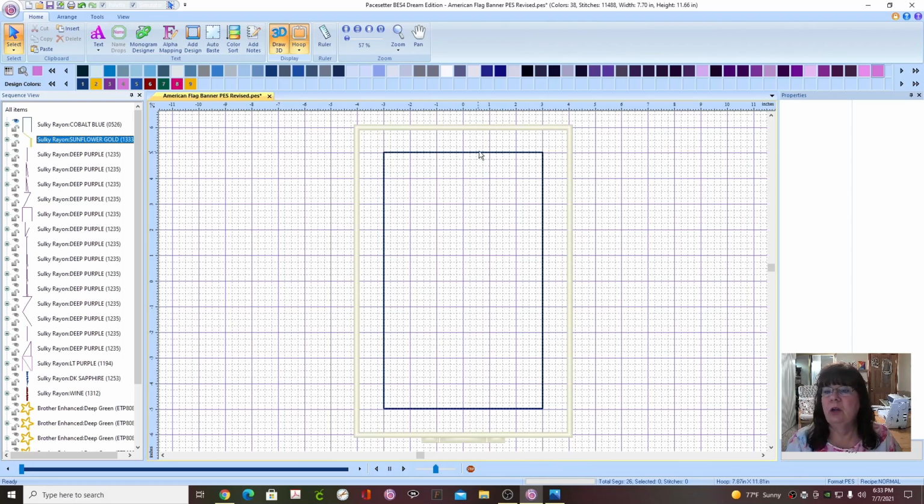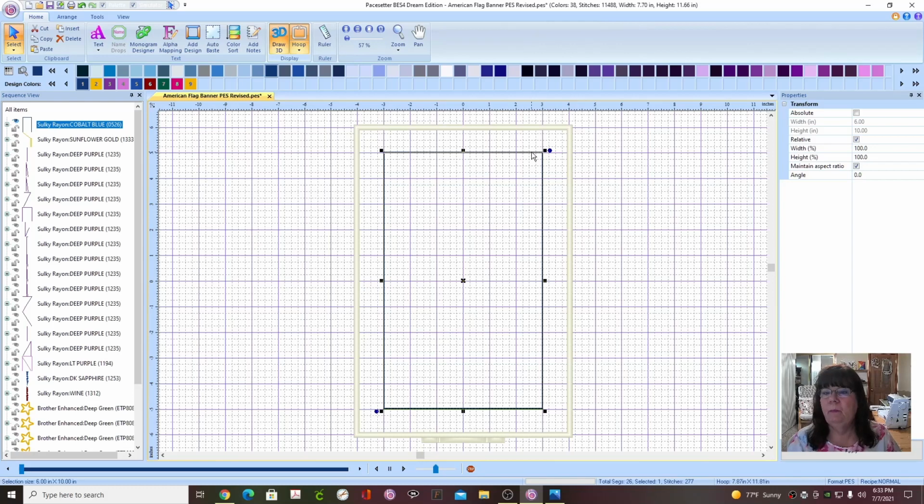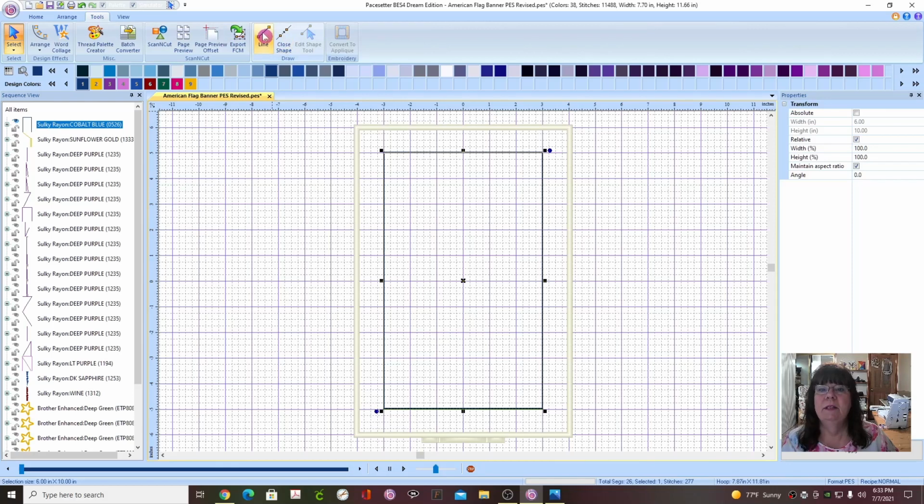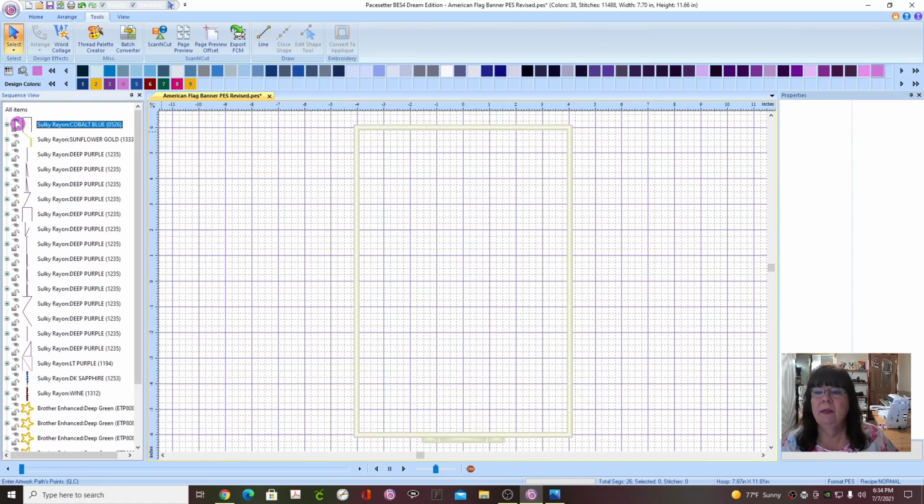Now, to start with, I knew that my first placement stitching was going to be 6 by 10 inches. In order to create that 6 by 10 inch placement stitch, you go into the tools here and select this line tool. Let's close this one out that I made. You're going to then take that line tool